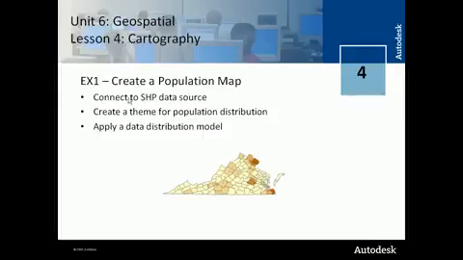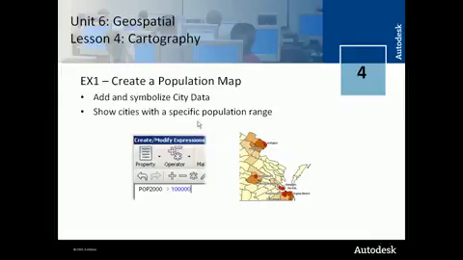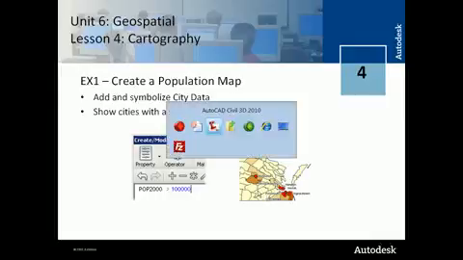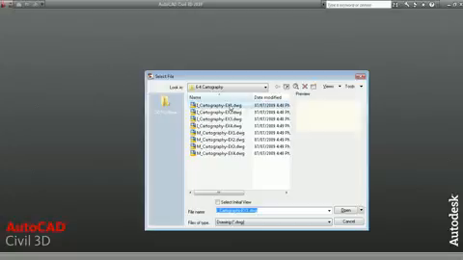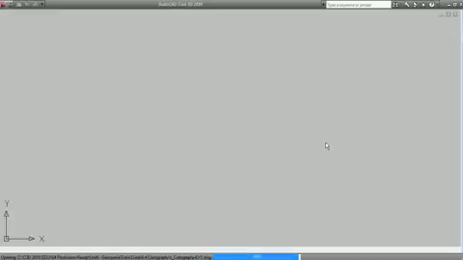So in Exercise 1, you connect to a shape data source, you create a theme for population distribution, and then you apply that distribution model to shade the counties, in this case of the state of Virginia, based on the population. And you also create a population map and symbolize cities that have a population greater than 100,000. So let's have a quick look at the first part of that. If we open the cartography drawing for Exercise 1,